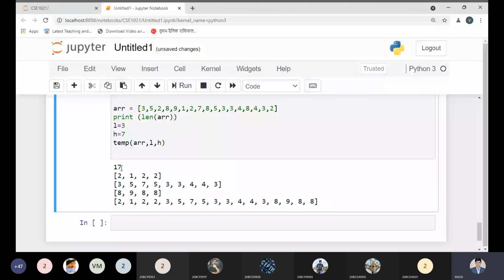So the total number of elements we have is 17. In the first partition we are getting 1, 2, 1, which are less than our third value, of course. And these values lie between 3 and 7. We are getting this value, that is the second list. And the last one has the values which are greater than 7. So we are getting this one. After merging all these three arrays, we are getting the partition. So now this is the best thing rather than using the partition method.